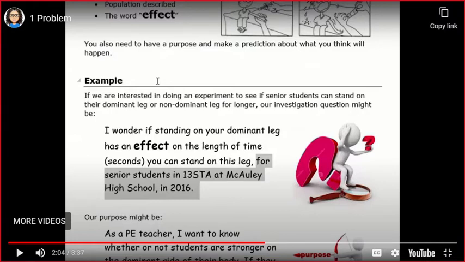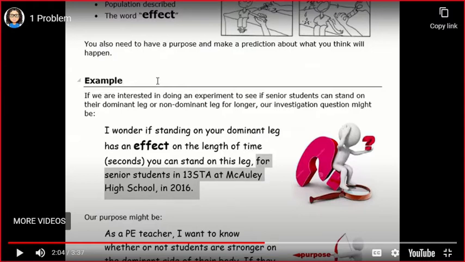So you're going to use that. Make sure you use that word effect this time instead of the median length of time. So I wonder if standing on your dominant leg has an effect on the length of time. So here you're measuring the what in the end with its units, the measurement, that you can stand on this